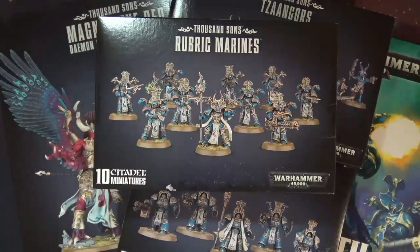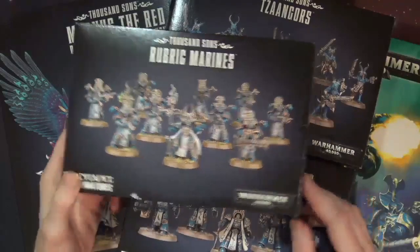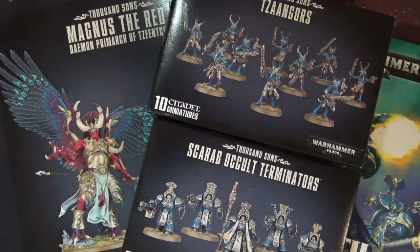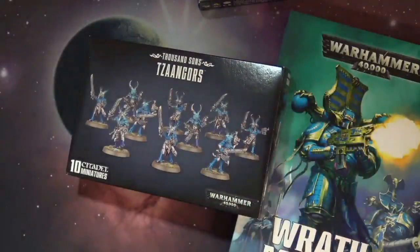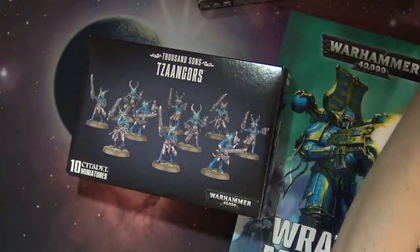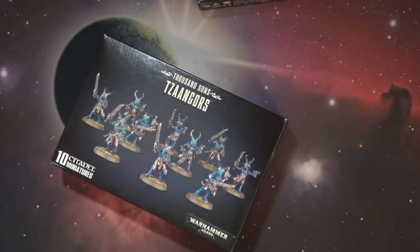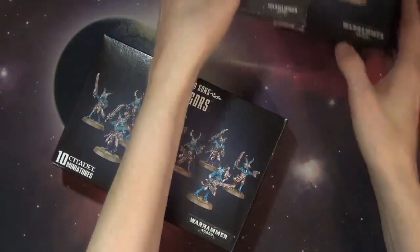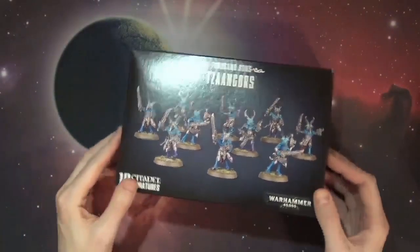All right, so here's the Re-Rip Marines. This is a really cool kit if you haven't seen it already. Now, the one thing I want to point out to you guys, and I don't think I drilled it home as much, let me see where I can put these. All right, let's stash them over here. So I don't think I drilled home the fact enough, at least in the unboxing videos, that these Sangors are actually really interesting because